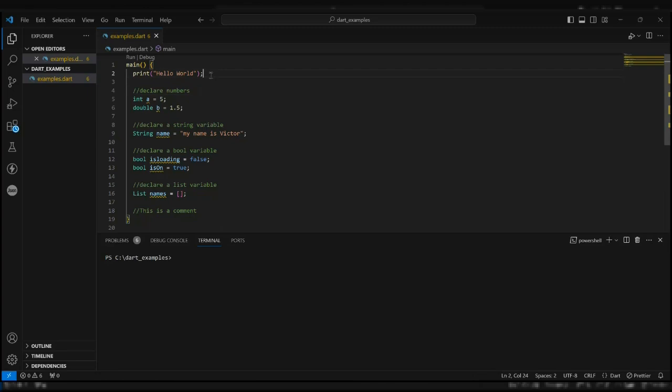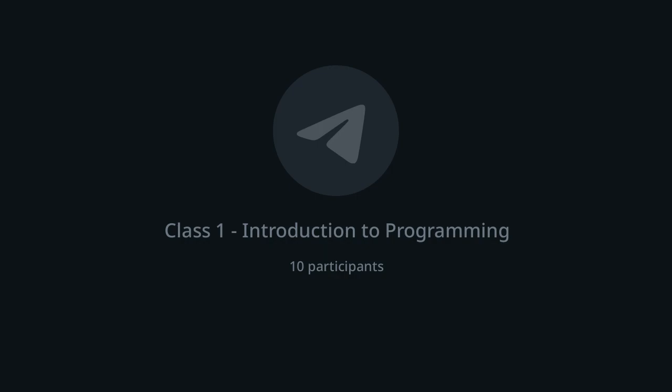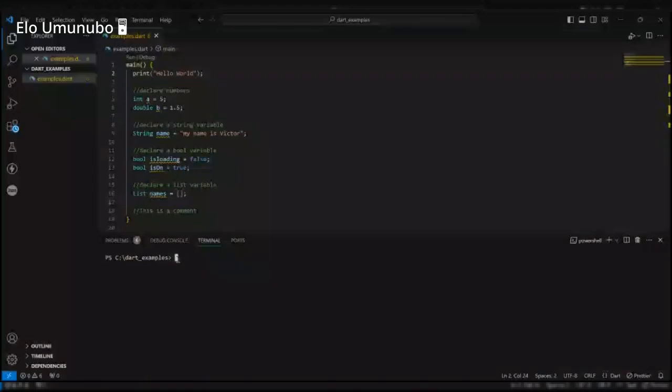All right, so print is a keyword used to print out values to your terminal. So we can't use print as a variable name.